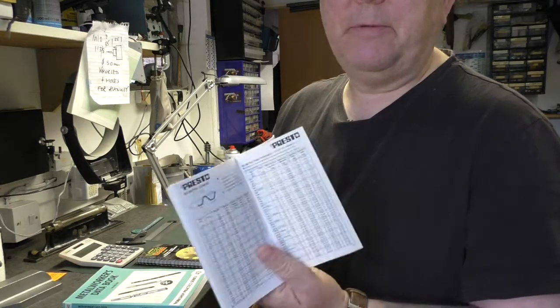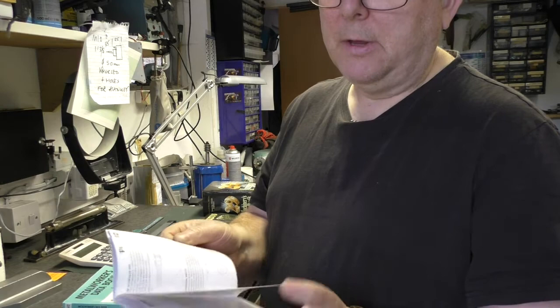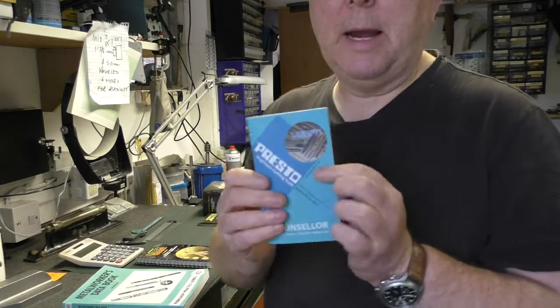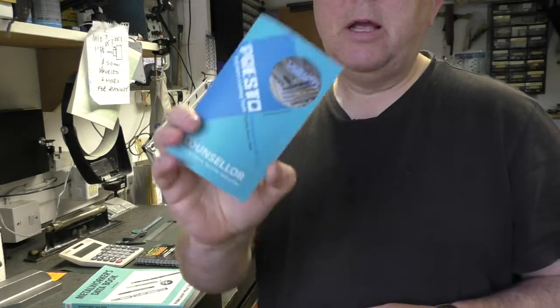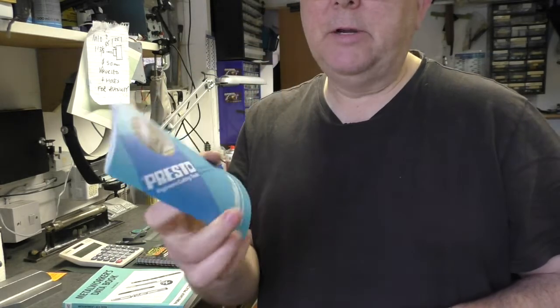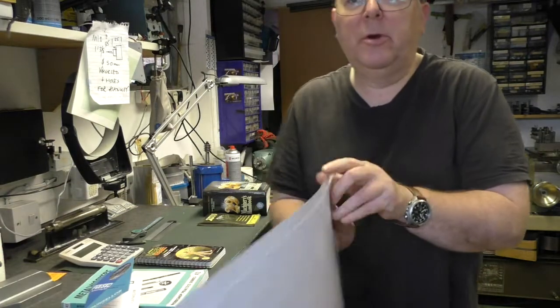It's depth of thread, that sort of thing for thread cutting on the lathe. But this is pretty much only about drills, taps and dies, and that's the Presto book. Now, those are either free from Presto dealers. I bought this at the local auto jumble. I bought it for £1, but it did come with, well, I'm not going to do a review of these,